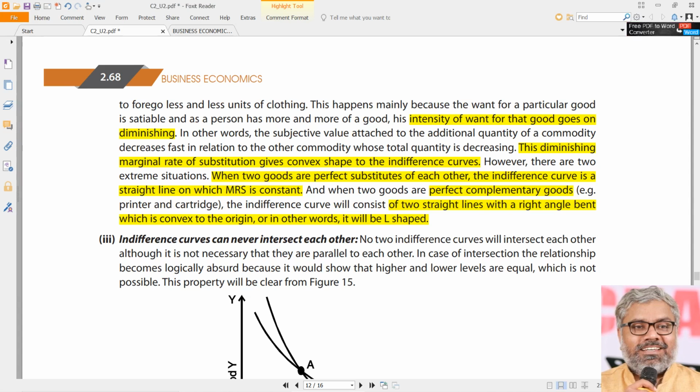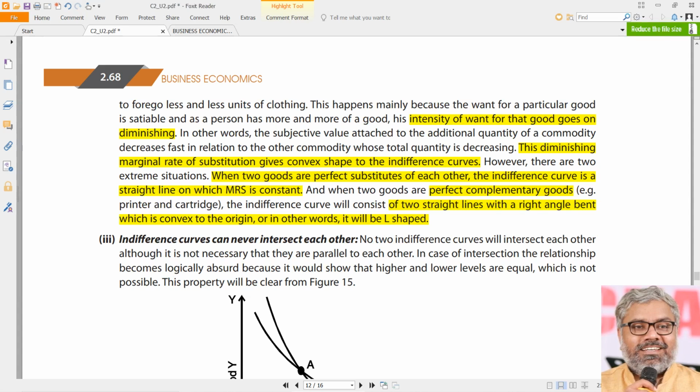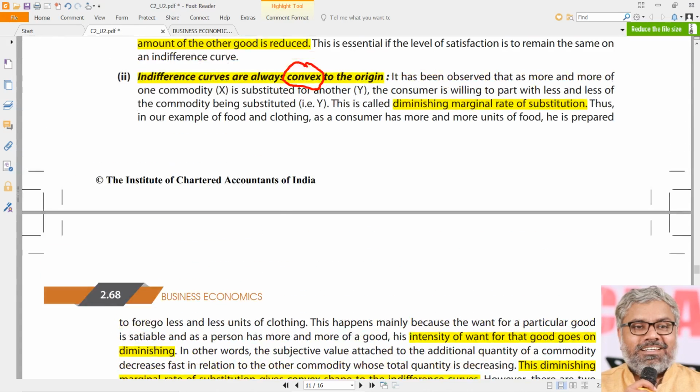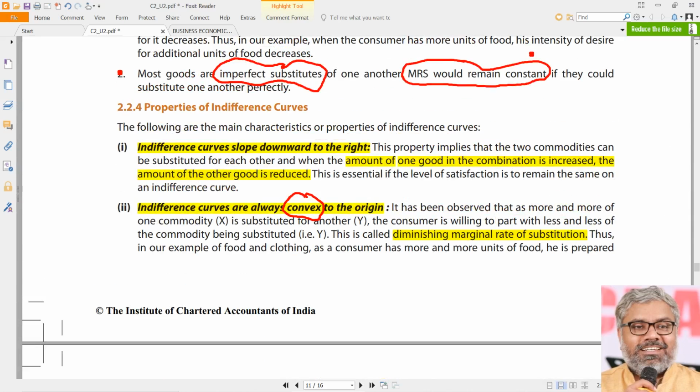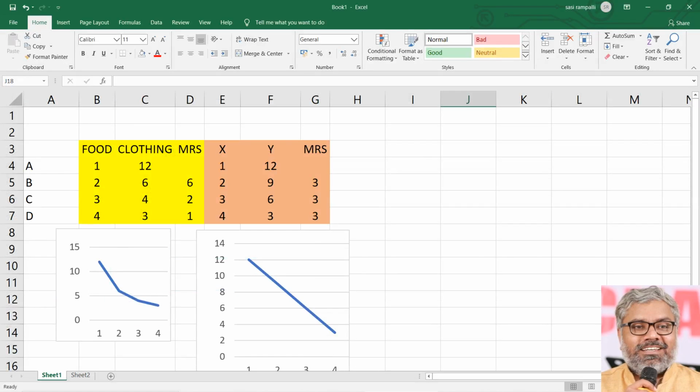That's all. How they are formed, that is not our scope. That is a different mathematical discussion, which is not required at this level. But as far as normal indifference curves are concerned, we can observe them as we observed with some small simple examples.